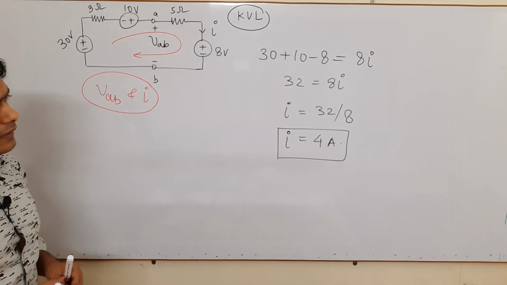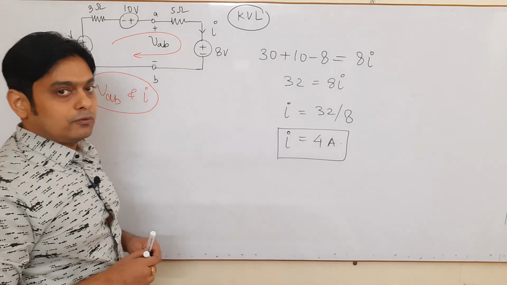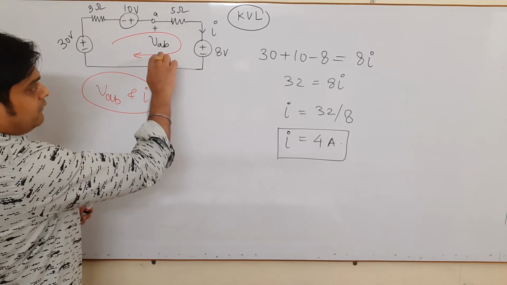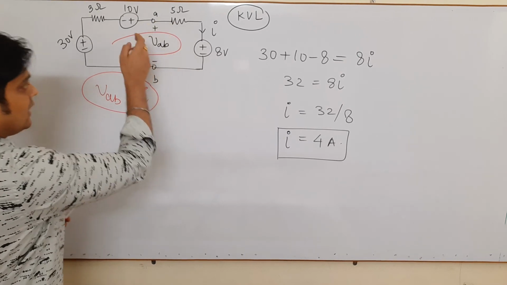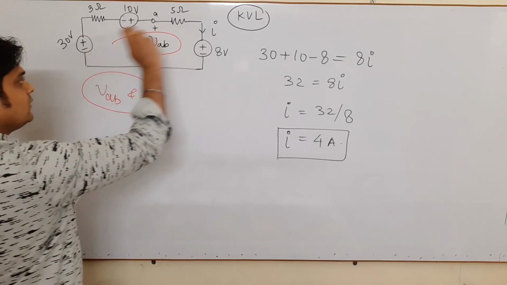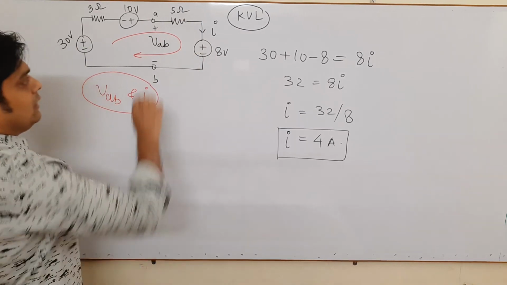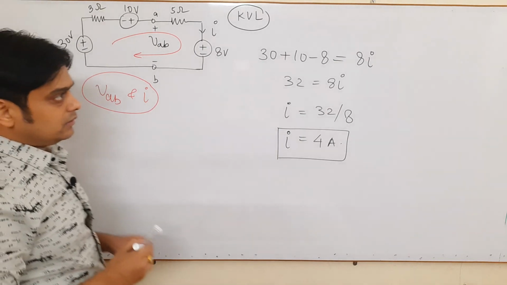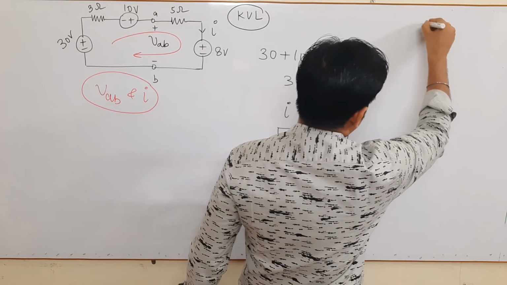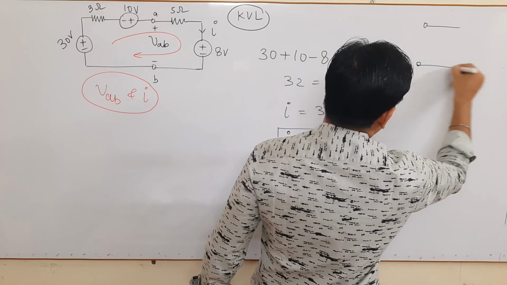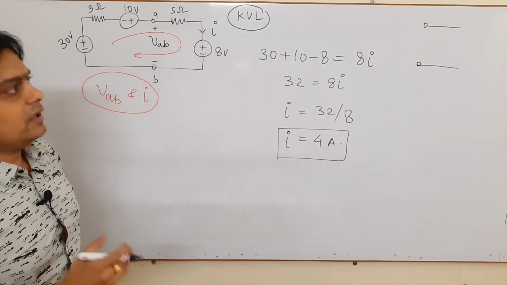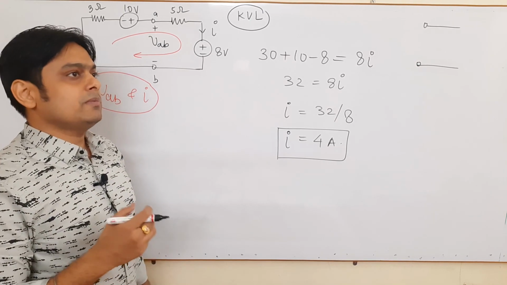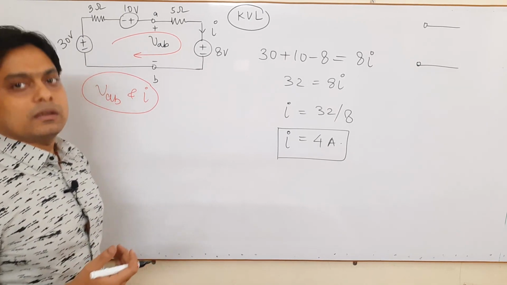So first we have found the value of I, that is 4 ampere. Now come to the value of VAB. When we have to find the value of VAB, either we apply the loop in this manner or in this manner. A very important thing is VAB is an open circuit voltage. Another concept which is coming in this question: in each and every question we will see different aspects of current and voltage, what type of current, what type of voltage, and what their properties are.